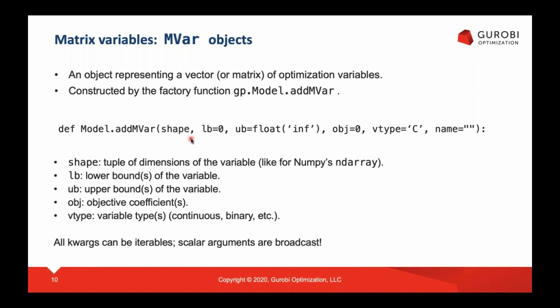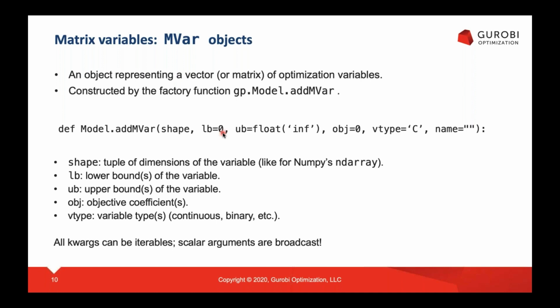So it gives you the dimensions of the matrix variable. And the rest, we have a couple of keyword arguments: lower bound, upper bound, objective coefficient, vtype, the variable type. These are exactly of the same form as for the existing methods model.add_var and model.add_vars. And now you can pass for any of these parameters, for the keyword arguments,